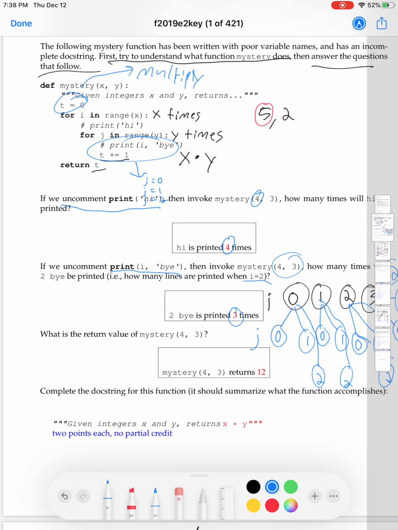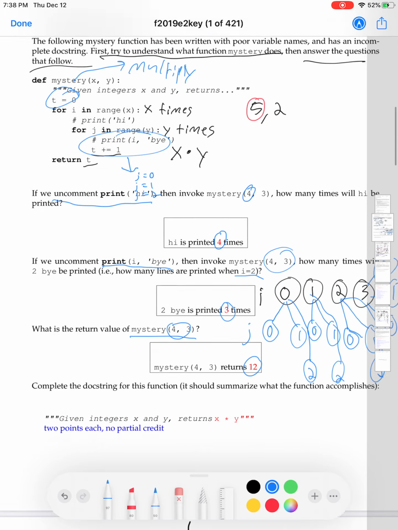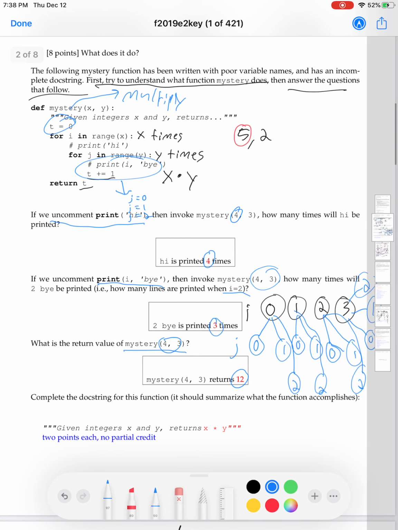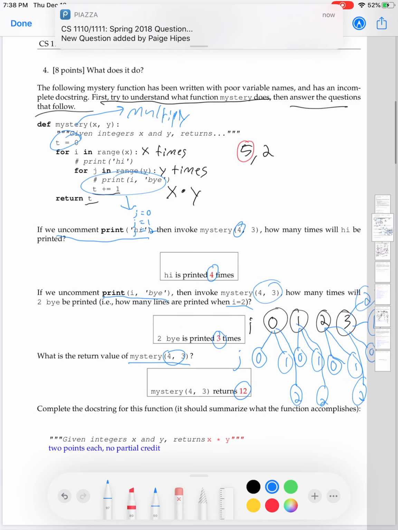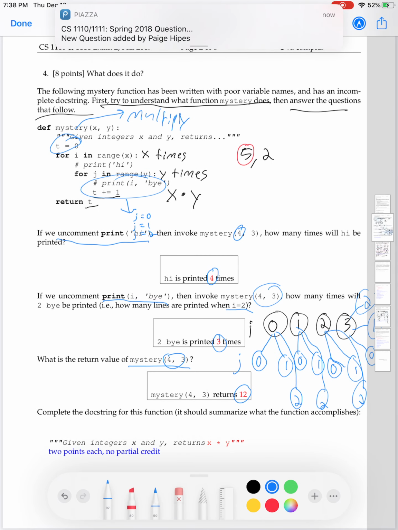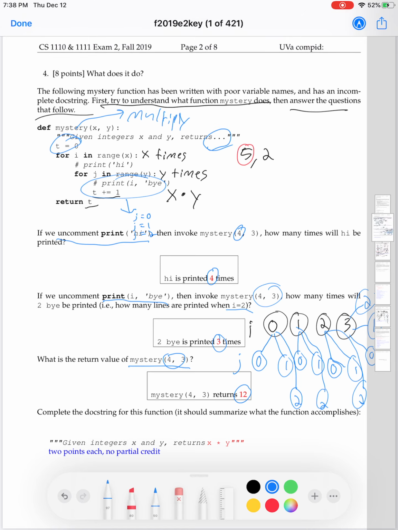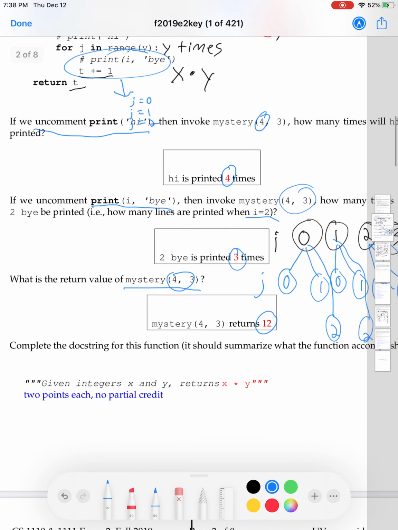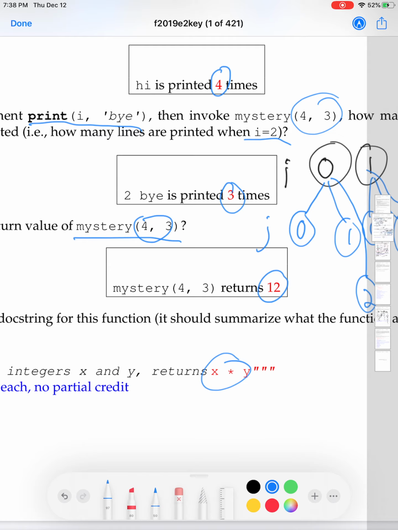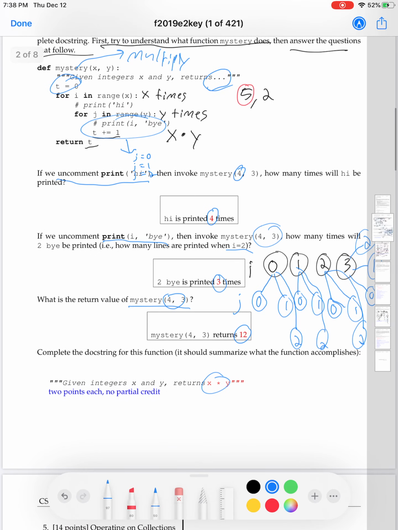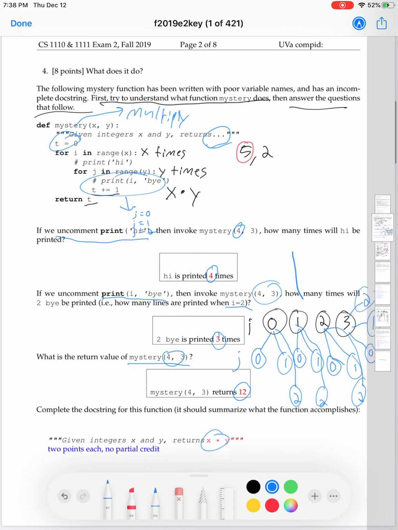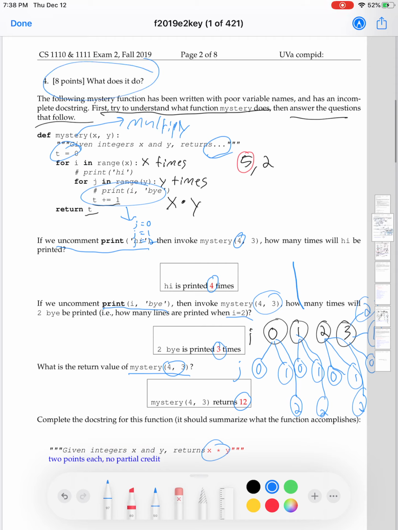And then what is the return value of mystery 4, 3? Remember, it basically multiplies, so 4 times 3 is 12. Then, complete the docstring for this function to summarize what it does. That's kind of misleading. Okay, I guess you just say it returns x times y, or you might say it multiplies x and y. There you go. So that's question 4. If you have any questions, feel free to put